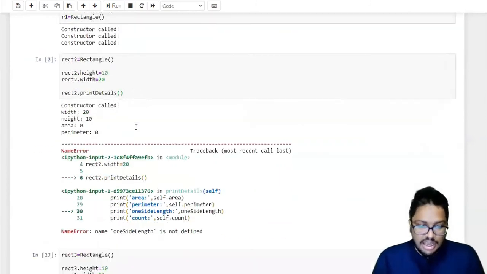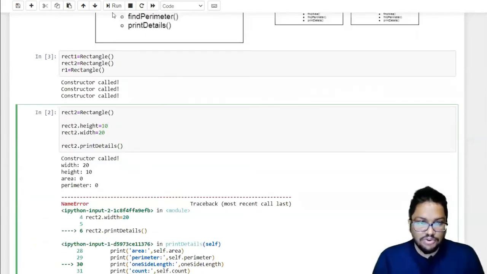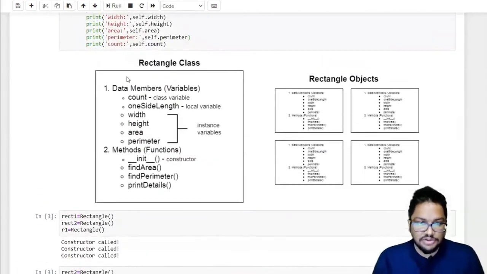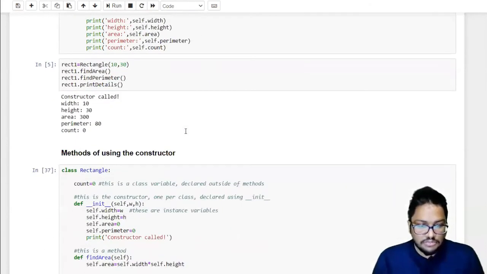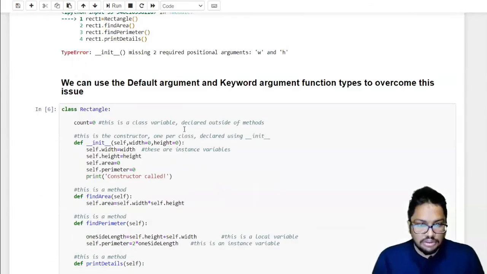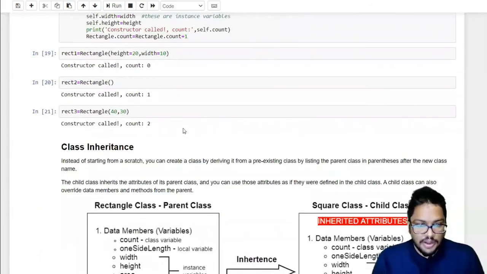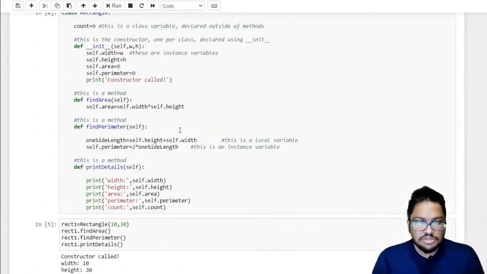So that's the important thing that you have to understand there, right? So if you now run this, it will come to normal.